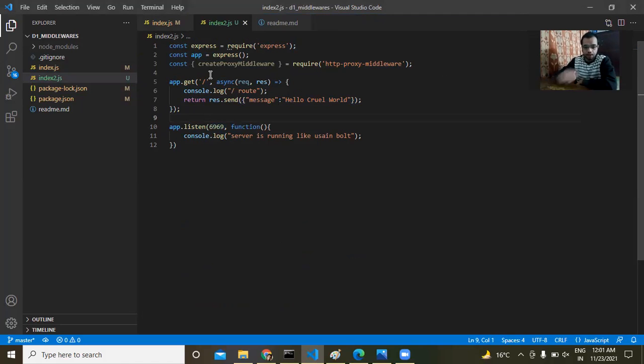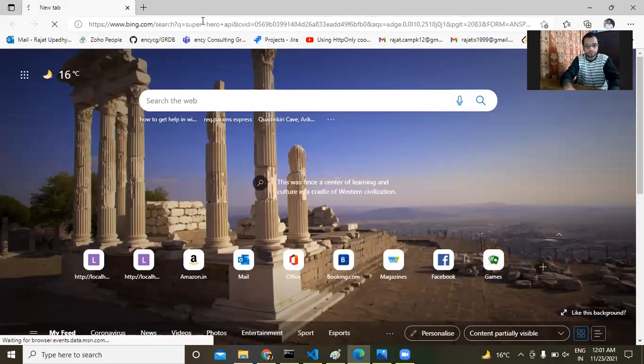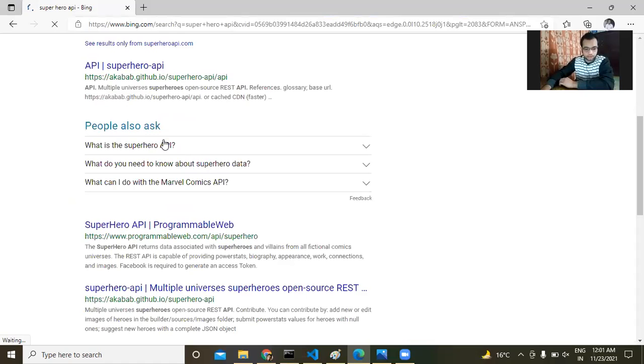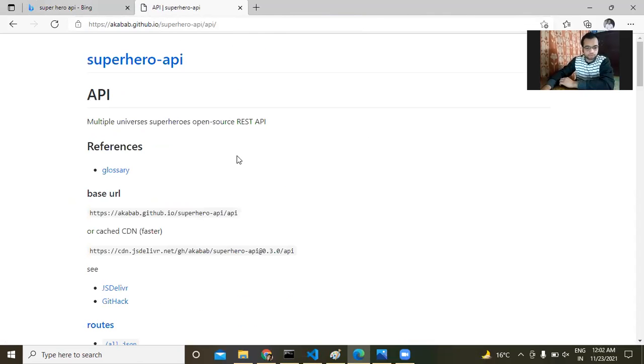Okay. Now, what we need to do is we need to create an API. We need to proxy to a particular API. So I have an API on the internet. It's called Superhero API. And this is the API. And what it does is it returns the name of superheroes and their,